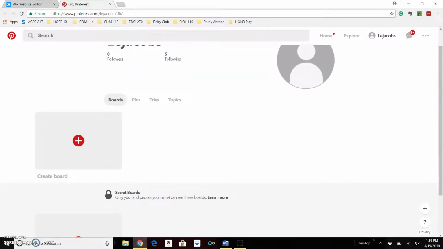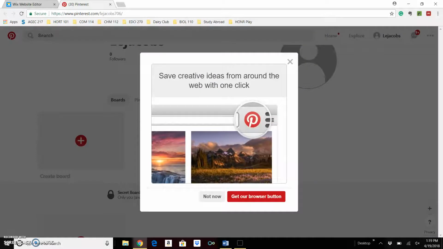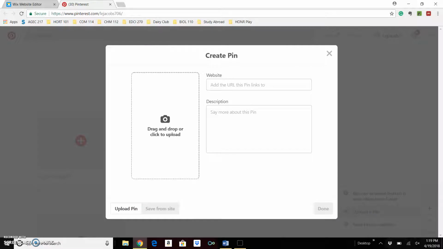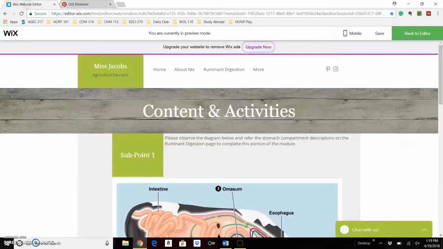When you're here, you're going to click the Add button, and you're going to upload a pin. And then you can drag and drop your photo here and give a brief description of what it looks like, and make sure you include your name. When you're finished, you just upload the pin and then return to the